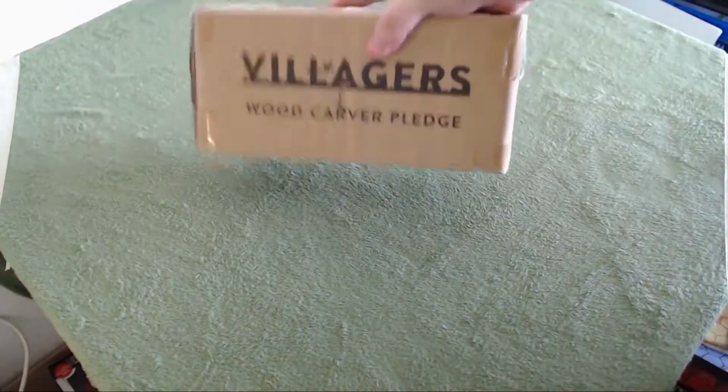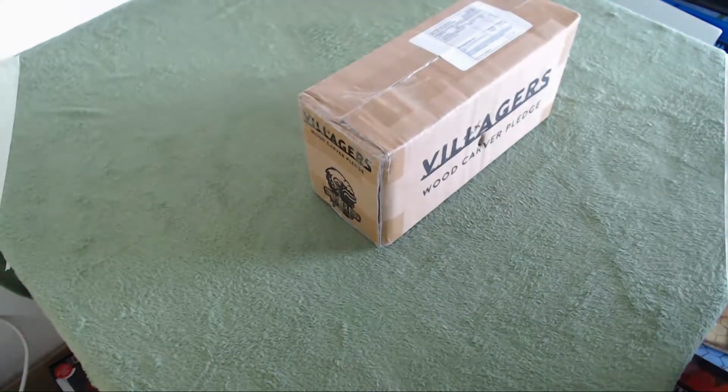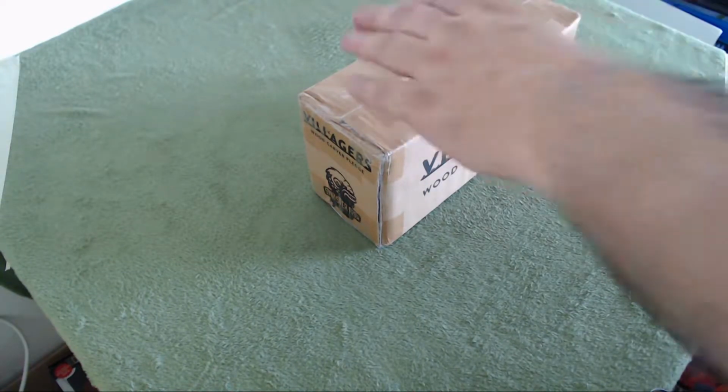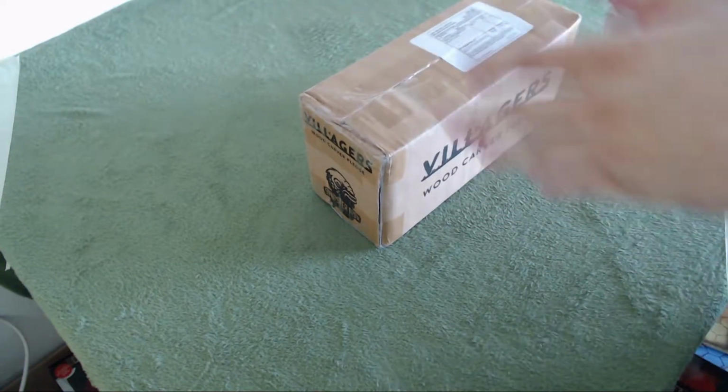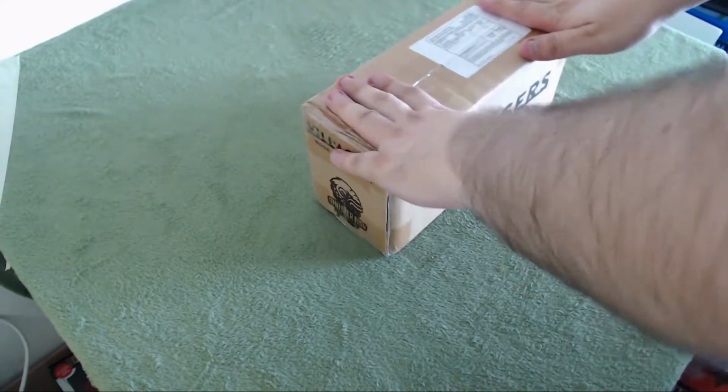Welcome. Today we are going to unbox something I received just today via mail, which is Villagers. This is the Kickstarter edition. I will mark as soon as Kickstarter content comes up. It's also the highest tier you can get from the Kickstarter, which is the Woodcarver Pledge, which gives you the